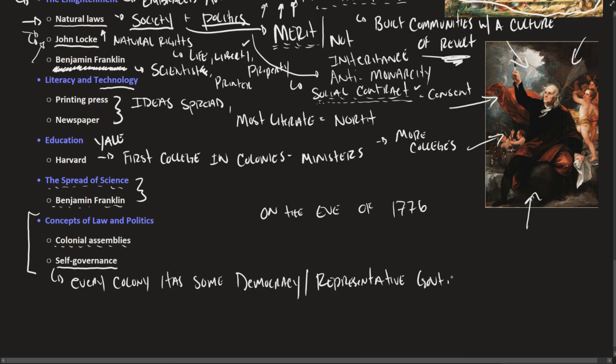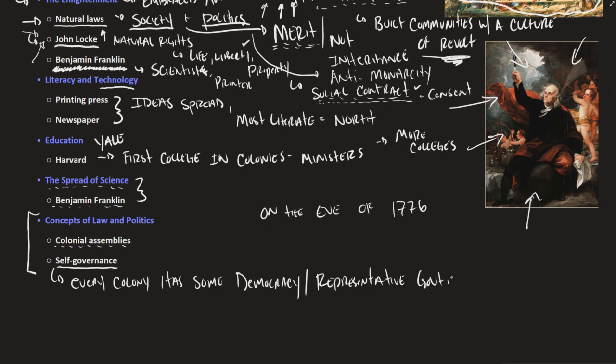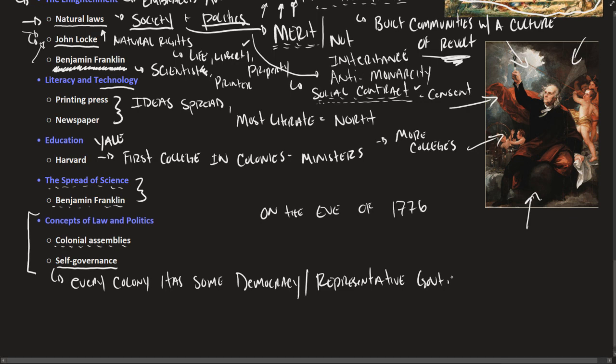Each of the 13 colonies is different, but in some way, shape, or form, every single colony has some sort of democracy, some sort of representative government, right? And this dates back to a very long history of self-government in the colonies. The House of Burgesses in Virginia, created all the way back in 1617 or something like that, 150 years before